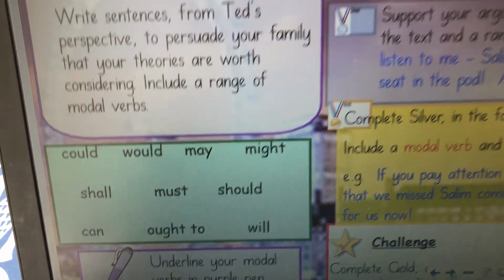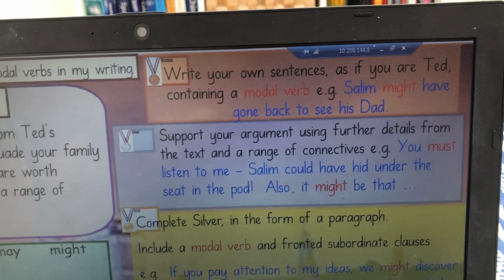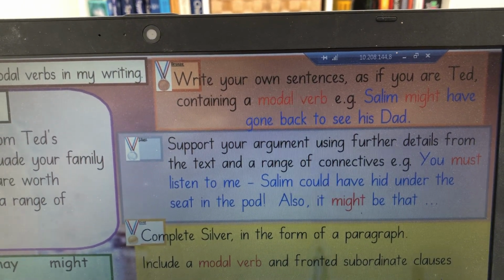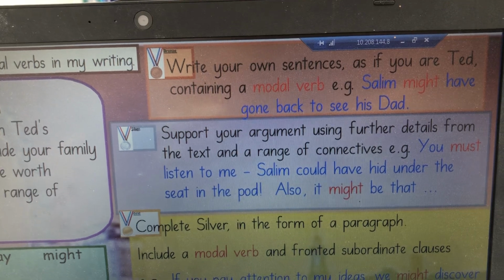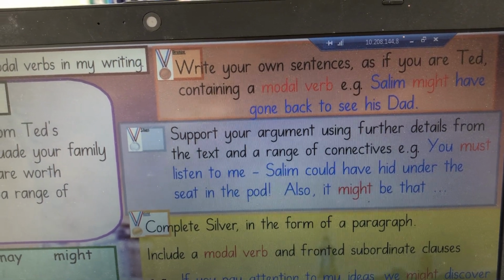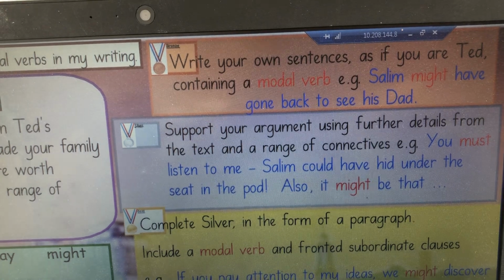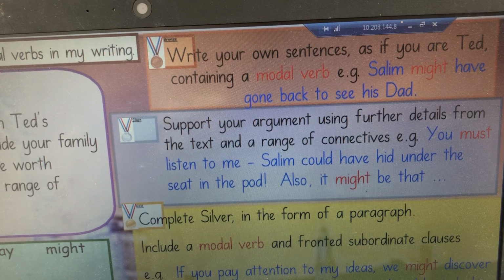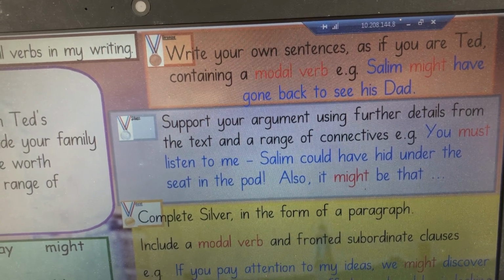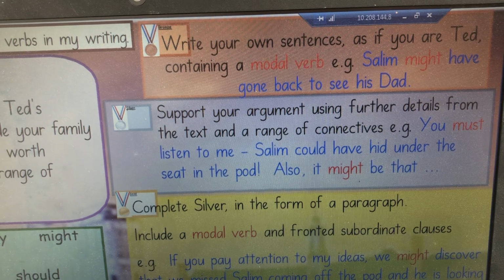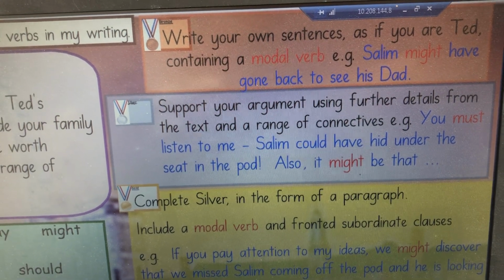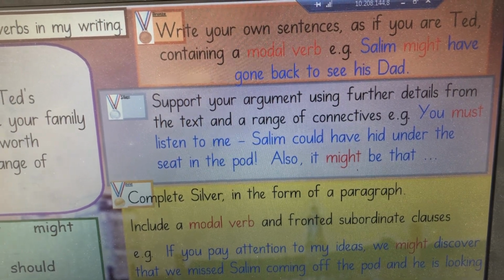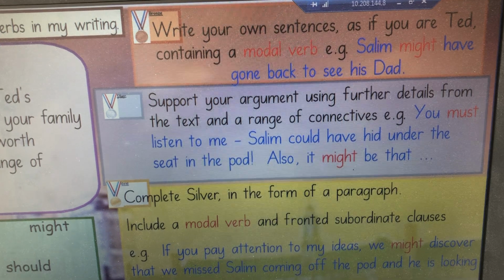And hopefully you'll be able to show a great variety of modal verbs in your writing. And there's a word bank there to help you. Now, if you want to complete the bronze level activity, you will write your own sentences as if you were Ted, containing a modal verb. So an example there would be, Salim might have gone back to see his dad. If you want to work at silver level, then you could write your sentences but support your argument using further details from the text and a range of connectives. So an example here would be, you must listen to me. Salim could have hid under the seat in the pod. Also, it might be that,